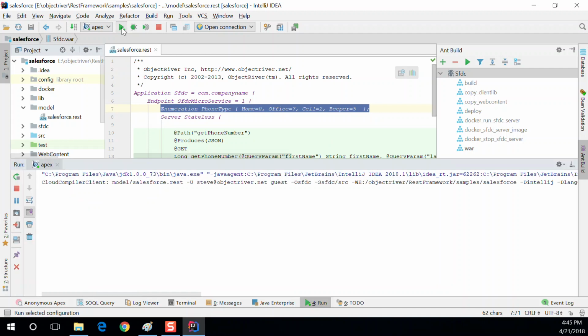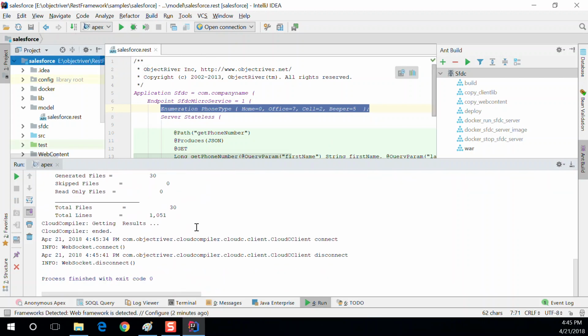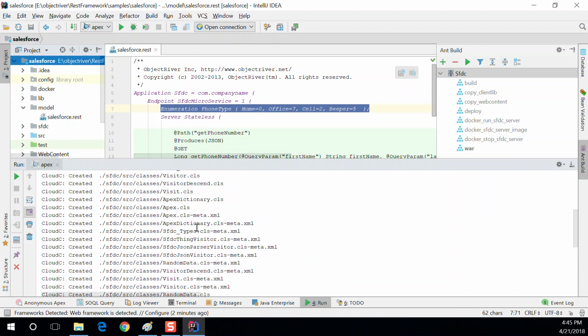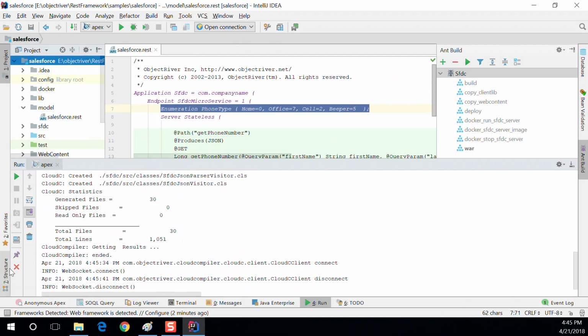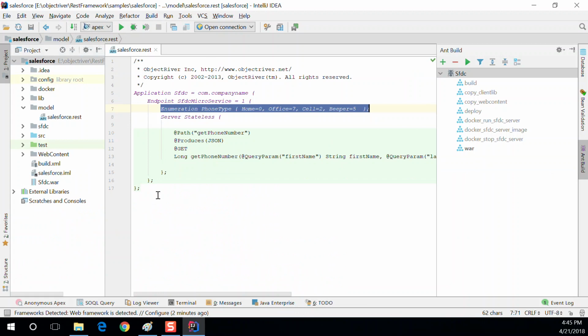So now I'm going to run the Apex code generation. And now this is, again, going out to Amazon. It's generating a bunch of Apex code. Stop that. All right, so the next thing we're going to do is configure the Illuminated Cloud